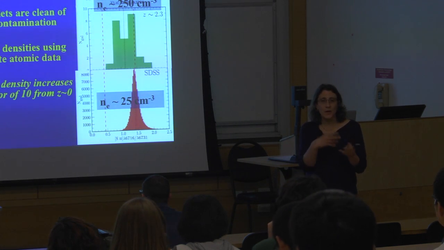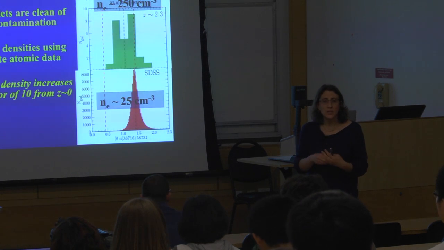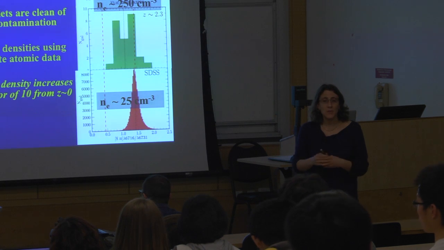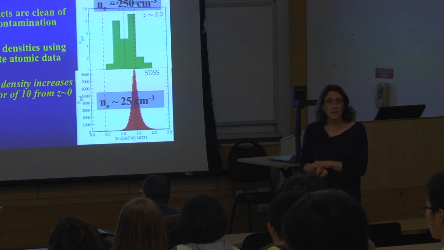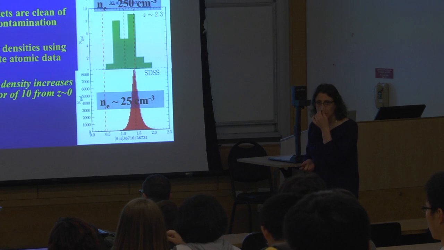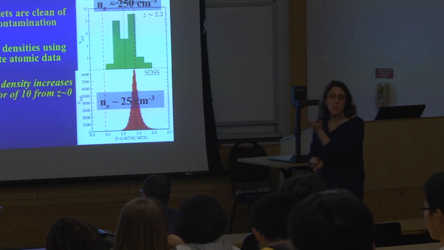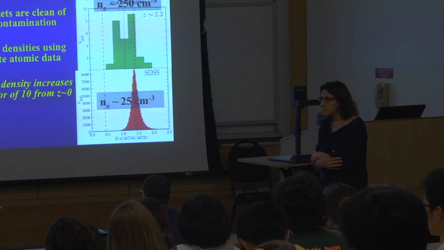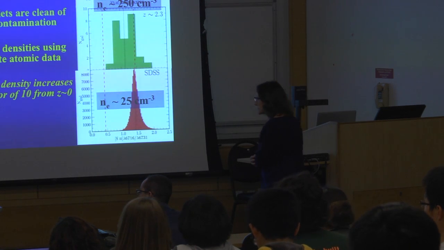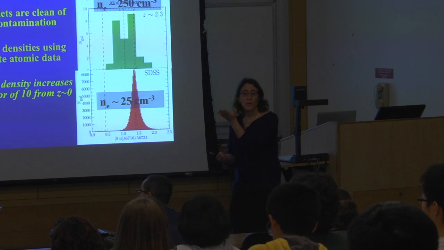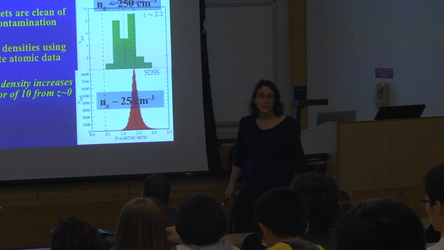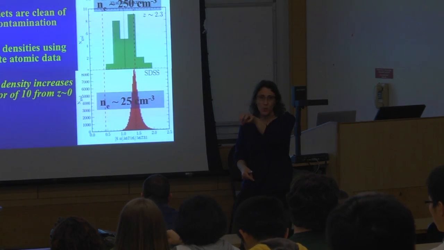There's a very simple relationship between the level populations for these two doublet members and the density. So it's a wonderful one-to-one density indicator. But I should say that when we look at these in galaxies, we're looking at the average density over the ensemble of H II regions. It's not quite as good as looking at the density in one star forming